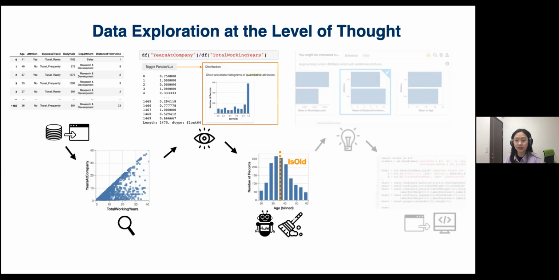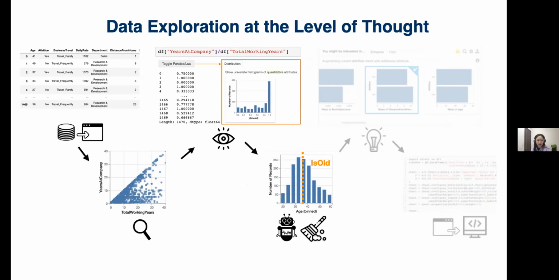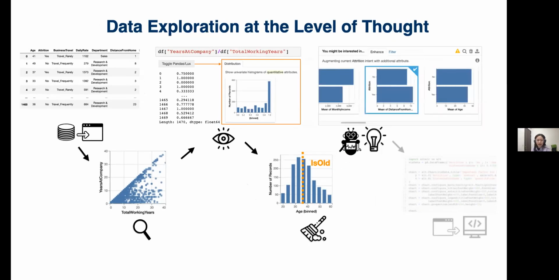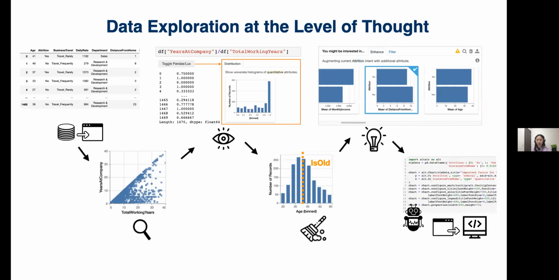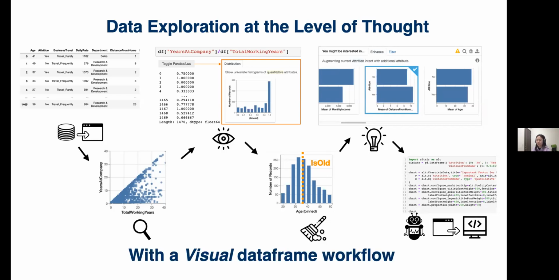In the sense, you don't necessarily need to reload and import and export your data to and from a BI tool. We then learned from the recommendations that the average distance from home to work for employees that left was slightly higher than for the ones who didn't. So this was an interesting insight that we decided to export from the Lux widget into the code for further editing and sharing. And so all throughout this workflow, we had Lux providing these automated assistants to our analysis